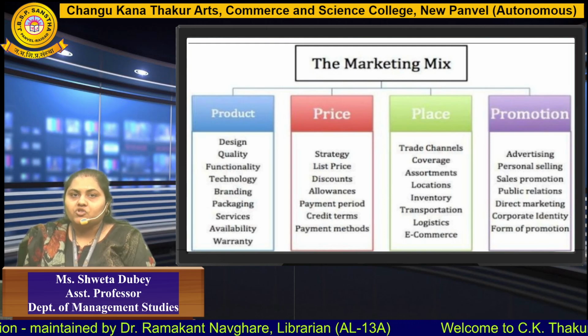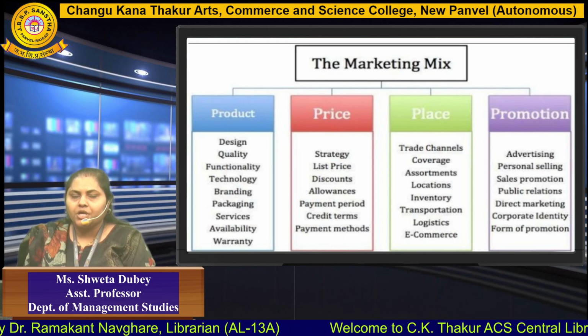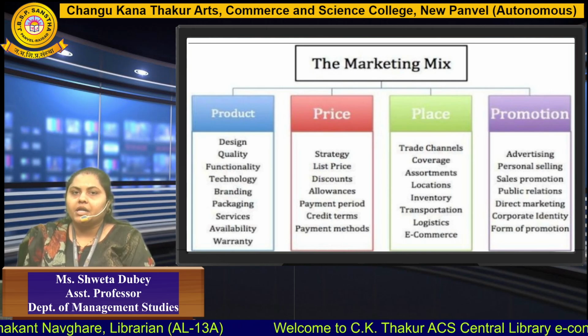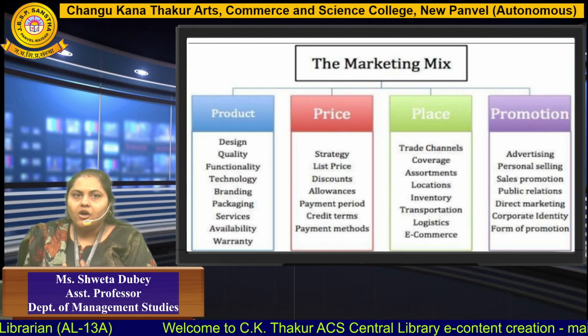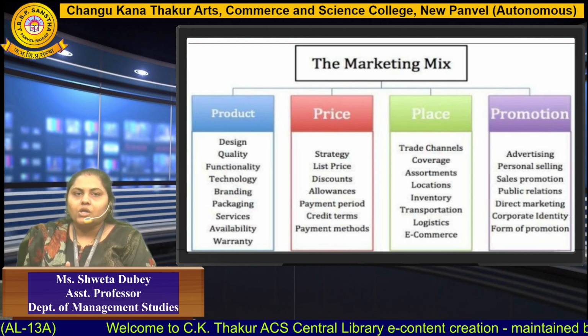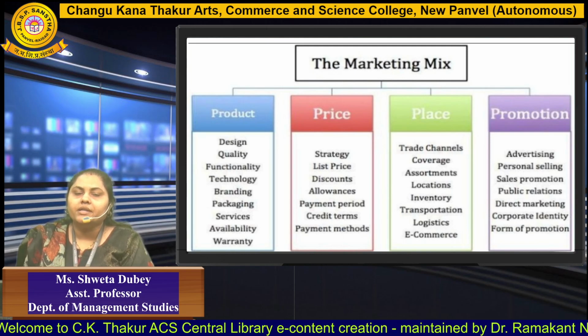So these are the 4 P's of marketing. As already stated, once you are clear with these 4 P's, you are clear with your marketing plan and marketing strategy. How do you proceed? How do you plan to go ahead? First, get clarity on these 4. Once these 4 elements are clear, you are very sure about how to take the next step forward.